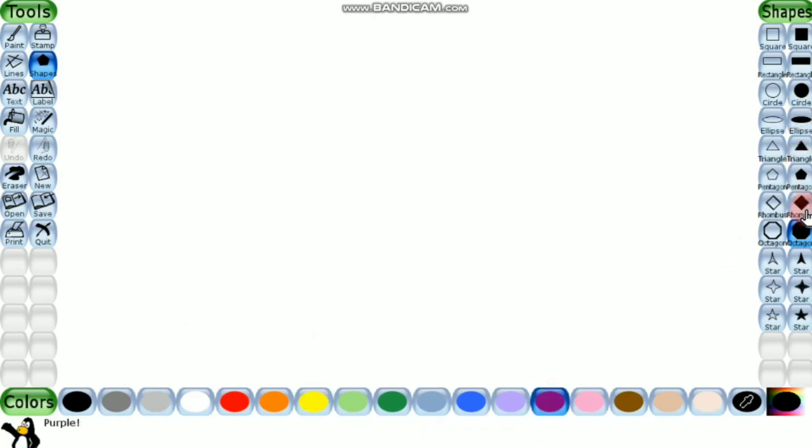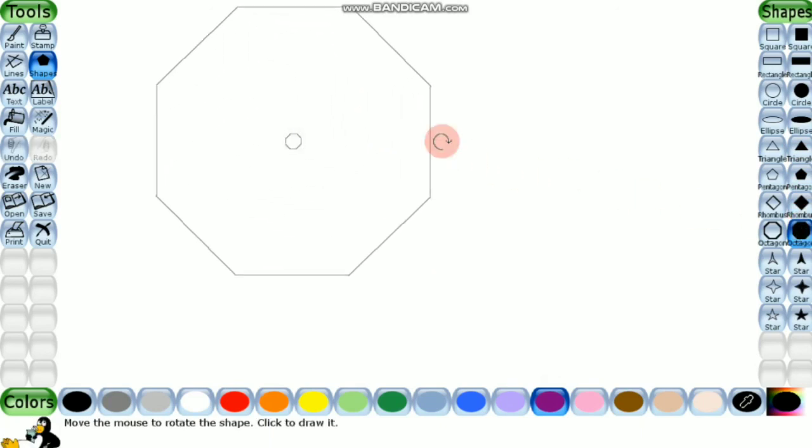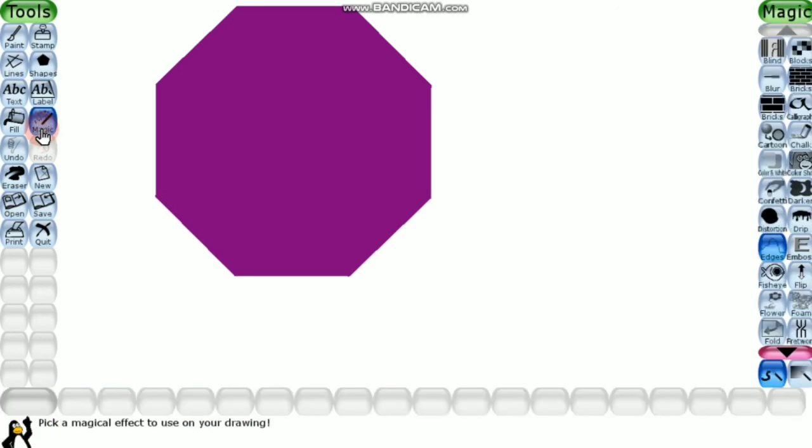I am using an octagon, and I draw it. This is a filled one. After that, go to the magic tool and out of there choose the edges option.